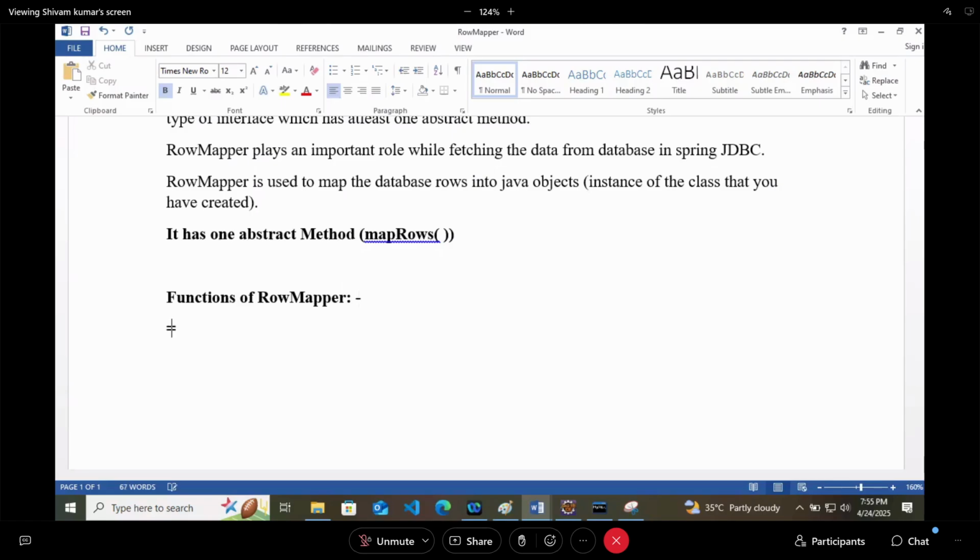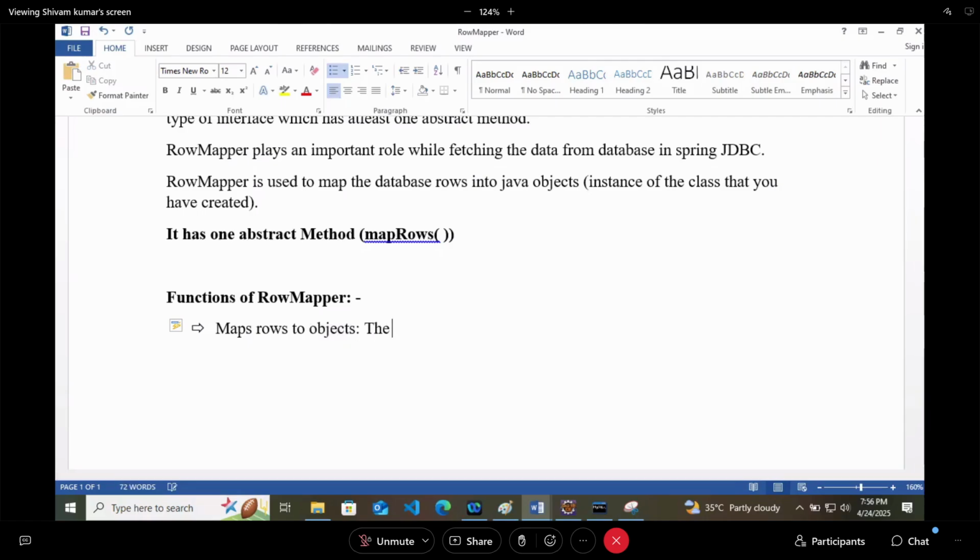The very first function that it does is maps rows to objects. Remember this thing. Its primary work is to map the rows of the database to objects in Java.